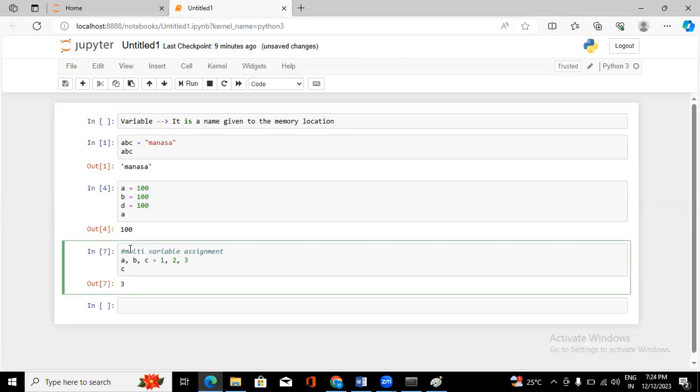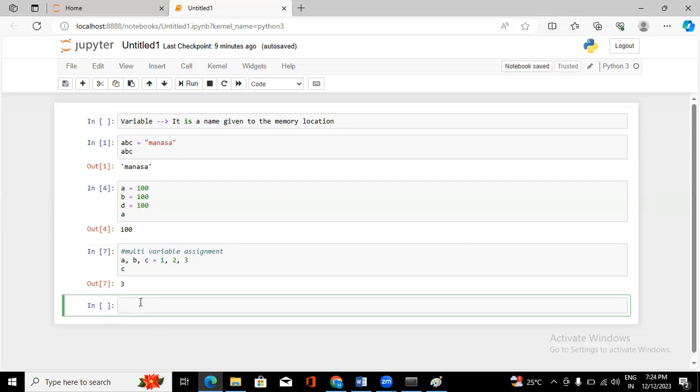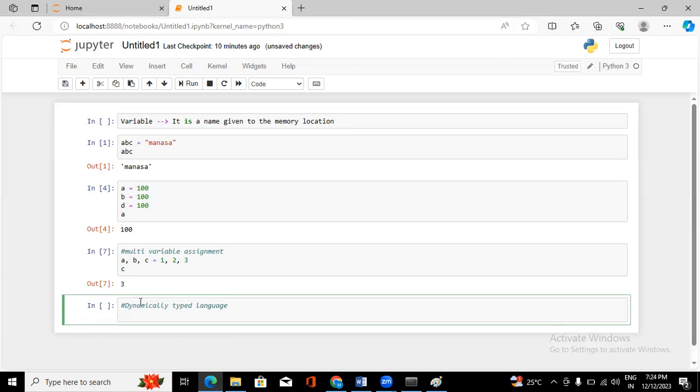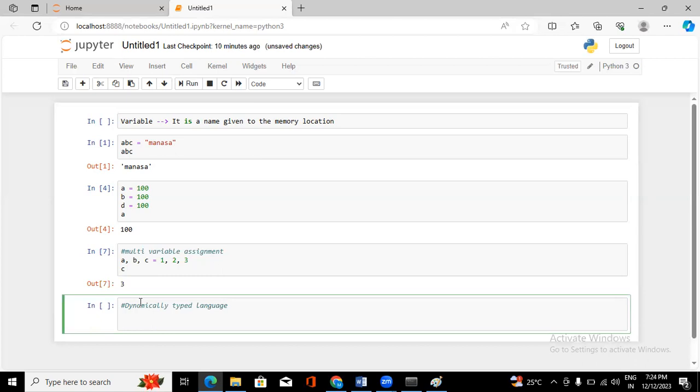And one more feature I'm going to tell you is that Python is a dynamically typed language. They will ask you why we call Python a dynamically typed language. Why? Because in other languages, in the case of Java, for example,